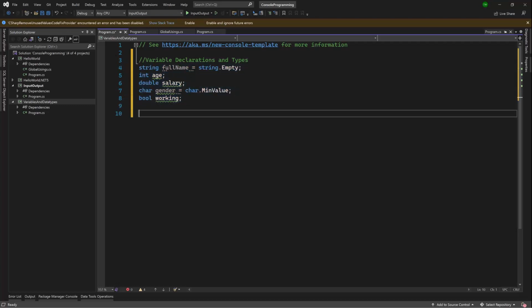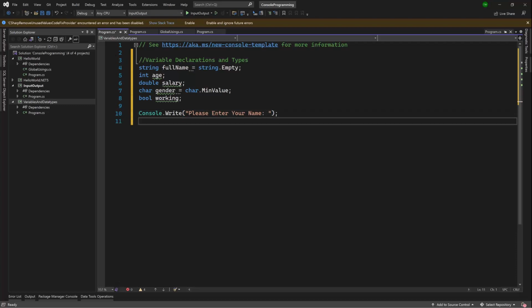Now, what I want to do is prompt the user to enter each one of these, and then I want to store it in the variables, right? So let's start off with name, because we've done that before. So I'm going to say console.writeLine, and I'm going to say, please enter your name. And I'm going to do console.write. So I want it all to print in one line, and then it's going to pause for input afterwards. Semicolon. And then I'm going to say that the full name is going to be equal to whatever the user inputs, which would be console.readline. So remember that last time we looked at the fact that you just have to